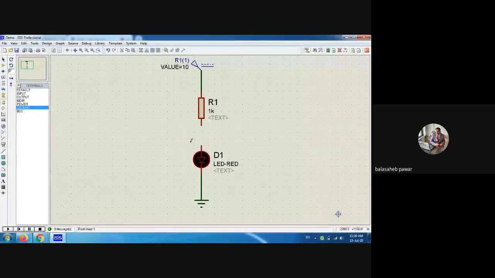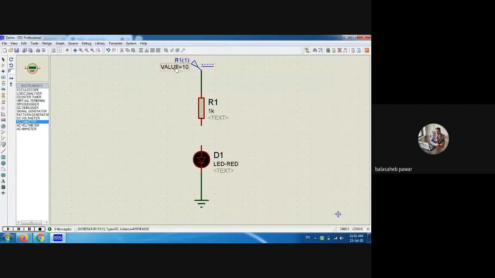That current meter you will get from the virtual instrument mode. See here again towards the LHS side, I highlighted it as virtual instruments mode. Whenever you click on it, a number of instruments are available: oscilloscope, logic analyzer, counter, DC voltmeter, DC ammeter, AC voltmeter, AC ammeter. Now, for the measurement of the LED current we will require a DC ammeter, because the current flowing is DC in nature as we are using a DC voltage source, is it?